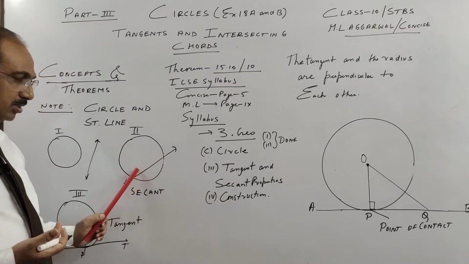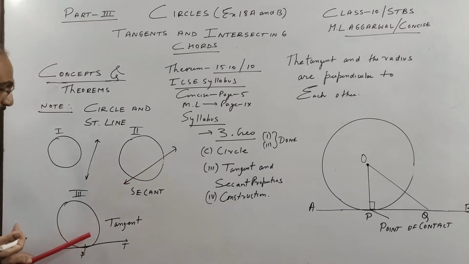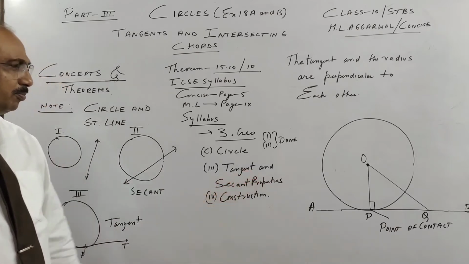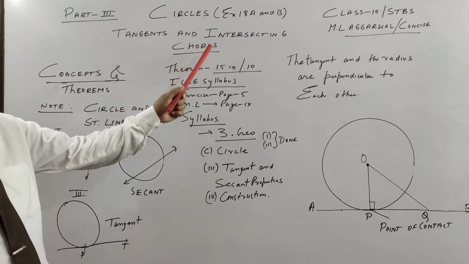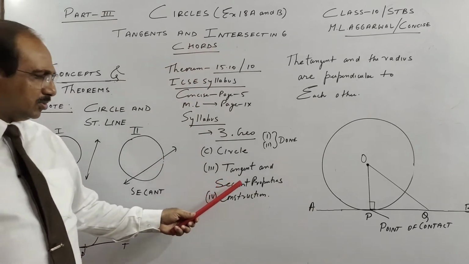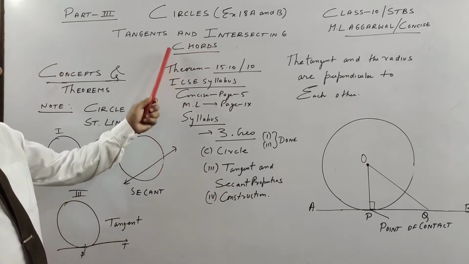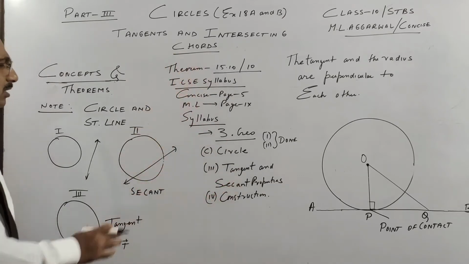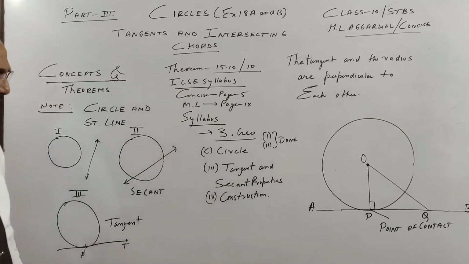Okay, so this is a chord here inside, if you see. The last situation is when a straight line touches the circle at one point, then that straight line is called a tangent. So this is what we are going to do here. The syllabus says tangent and secant properties, but better we call it tangent and intersecting chords. You can see in some of the theorems we go outside also. Sometimes when we are inside it's a chord, when you go outside it's a secant. So we will see 6 theorems in today's session.